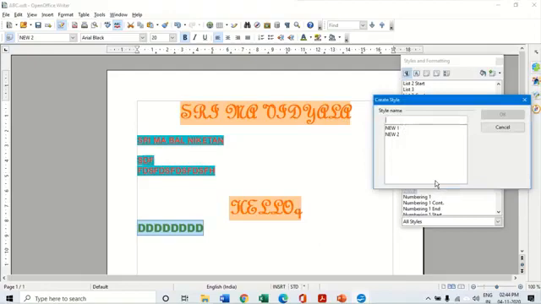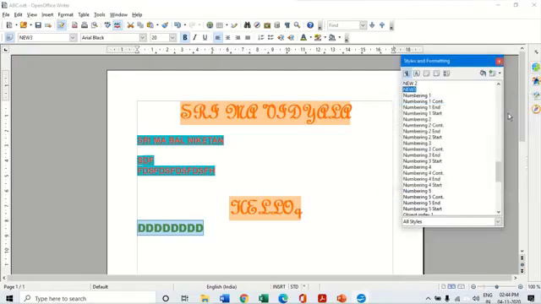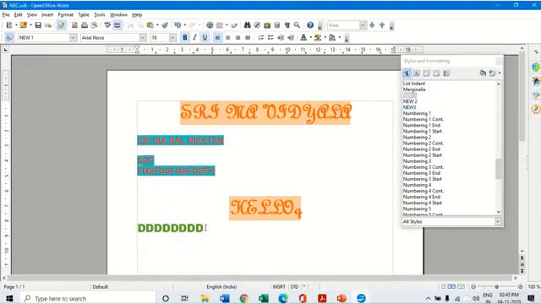Keep your left mouse button clicked, drag the font, and you can write it in a new name. I'm giving it as new 3. So I click on OK. So this way I have created a new style using the drag and drop method. So I can either create a style using new style from here, or I can simply create a style and then drag it and drop it here and name it as I want. So this is another method of creating a style.